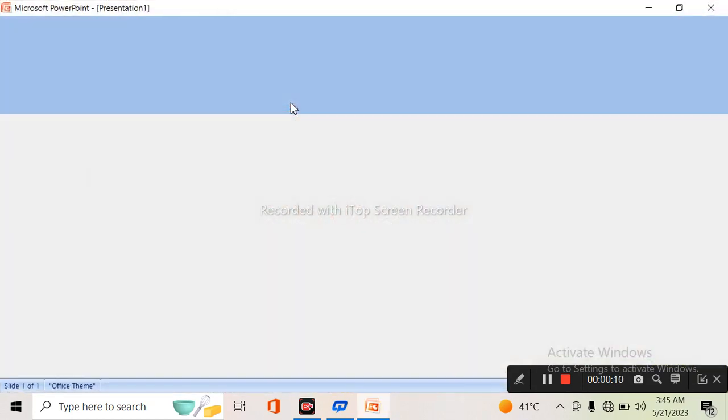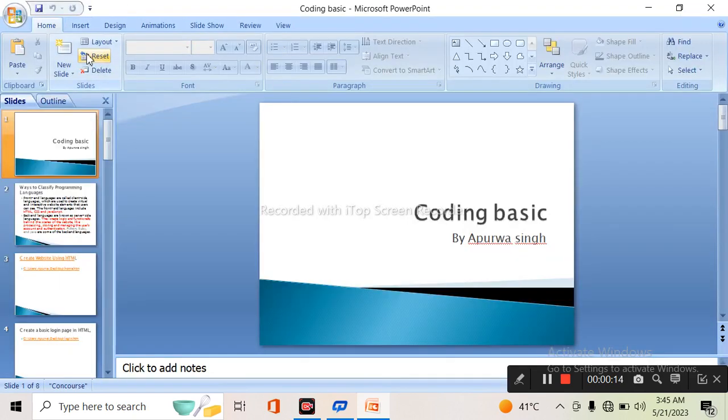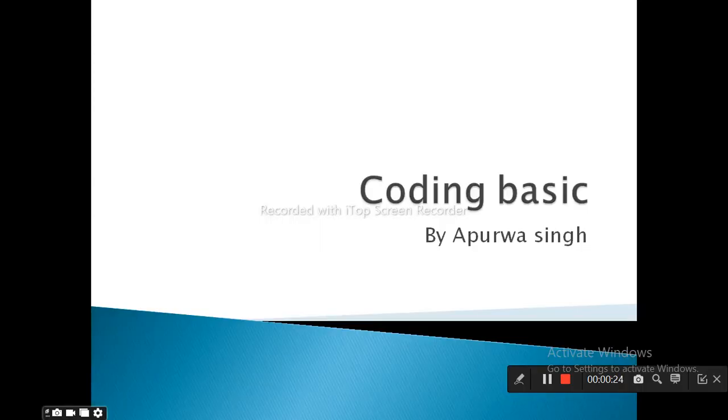So if you want to do coding, how can you do the coding? There are various apps or websites or software through which we can do the coding. Coding is also of different types, depending on why you want to do the coding. Suppose you want to do the coding for developing applications or games or software. So why do you want to develop a